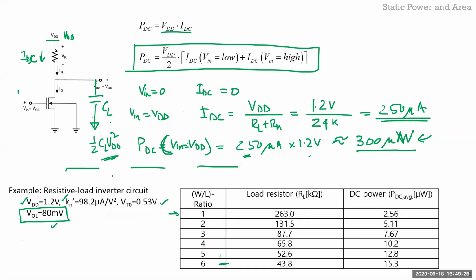Okay, so basically what I was showing was this is an example where for the above resistive loaded inverter, the VDD is 1.2 volt. This is the Kn value given. This is the VT0 value. This is what you're supposed to find, the value of RL and W over L for a VOL of 80 millivolts, 0.08 volts. Okay, but there is no one value of RL and W over L. For a given W over L, there is an RL value. So you can see for W over L of 1,